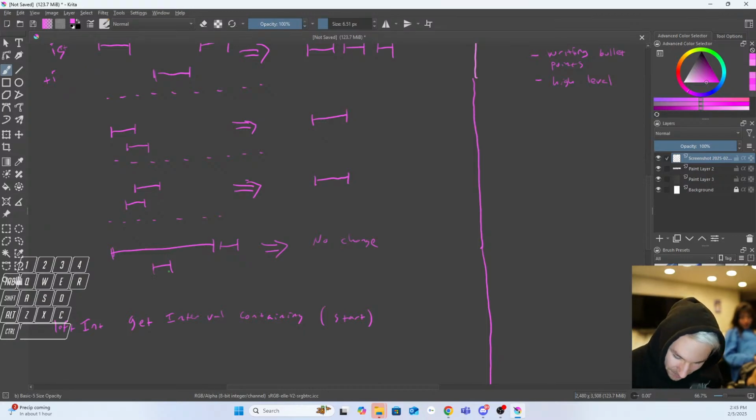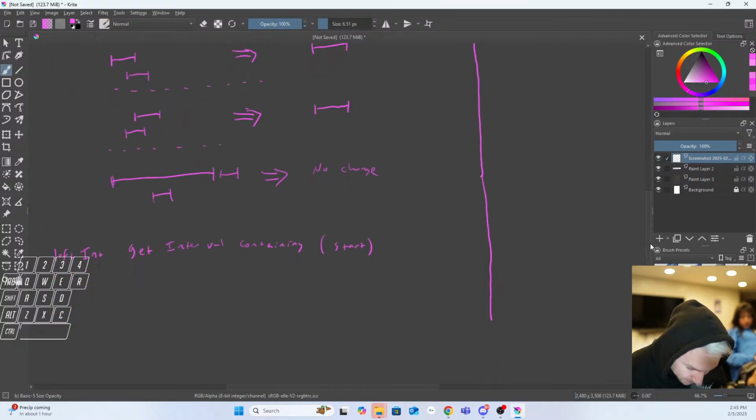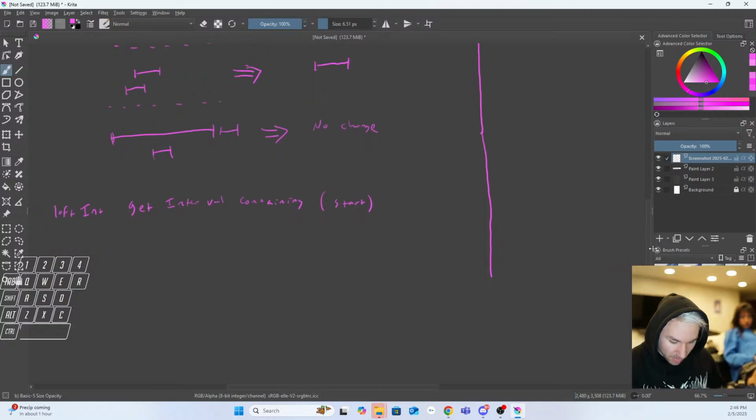Okay, it's making sense so far. So in this case, I'm going to get the left interval. So, okay. At that point,